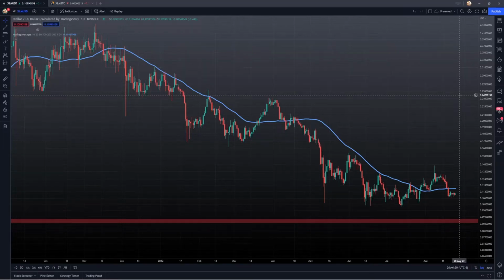Today I'm going to be providing a long-term market analysis for Stellar XLM. I'll be covering some significant support and resistance areas, the 50-day simple moving average and why that's extremely important to watch, as well as the ratio with respect to Bitcoin and how opportunity costs can be quite high with Stellar